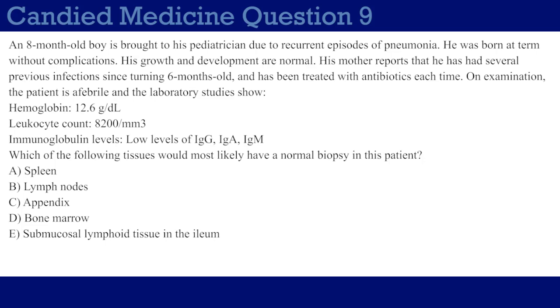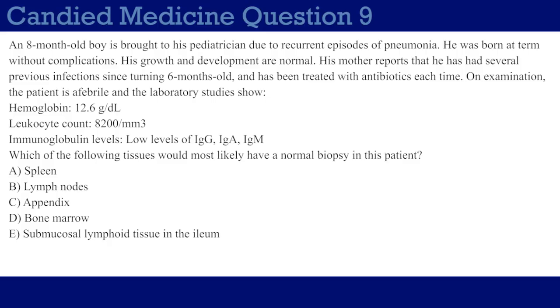An 8-month-old boy is brought to his pediatrician due to recurrent episodes of pneumonia. He was born at term without complications. His growth and development are normal. His mother reports that he has had several previous infections since turning 6 months old and has been treated with antibiotics each time. On examination, the patient is afebrile and the laboratory studies show hemoglobin 12.6 grams per deciliter, leukocyte